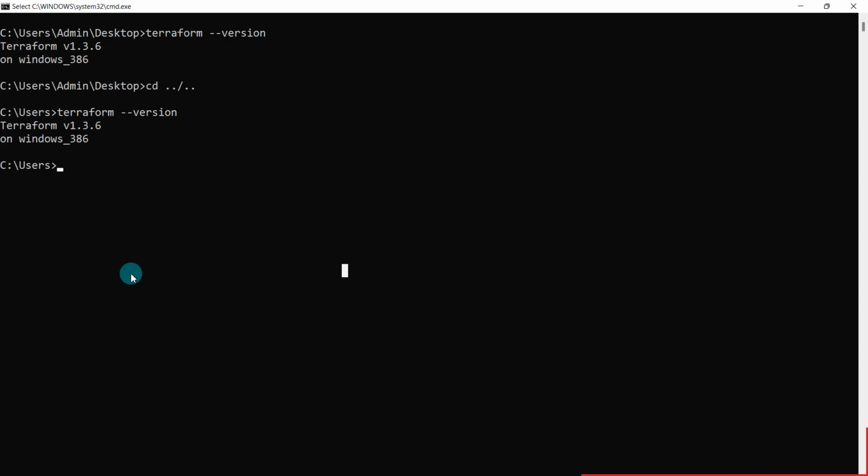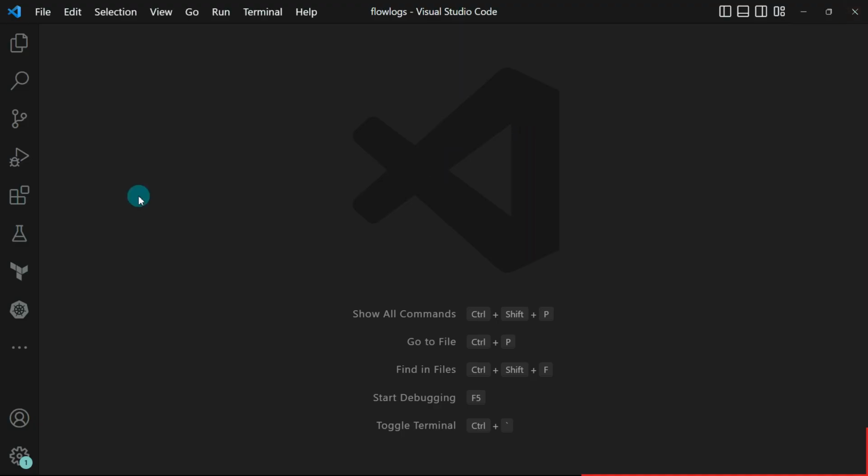So what we will do, we will see how to write code in a basic way and how to create an EC2 instance and other things as well. Okay, so for that matter, I'll not make use of this CMD prompt because I don't have the habit of it. I'll always make use of Visual Studio Code for writing the code. Okay, so this Visual Studio Code is helping us to write the Terraform code as well. It is just because I have installed